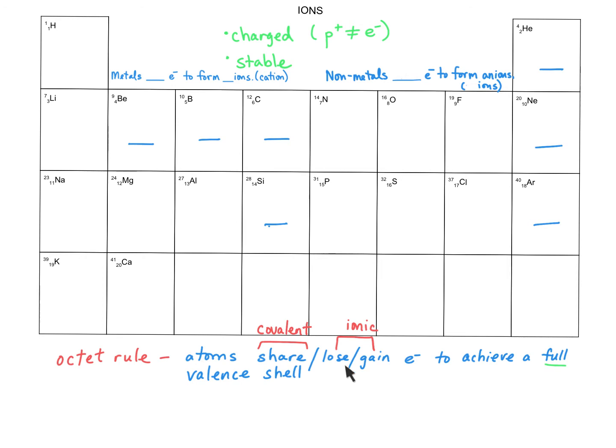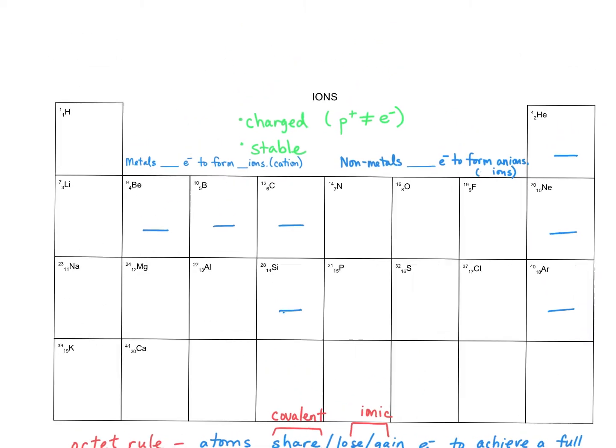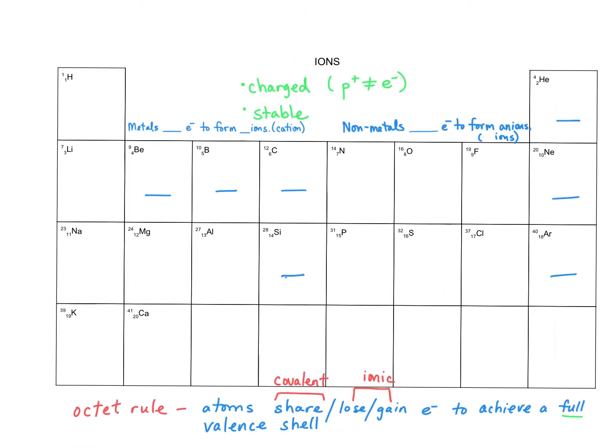If atoms lose or gain electrons to become stable, then they are forming ions, and it's the attraction between the ions that forms ionic bonds. So we're going to focus in on the loss or gain of electrons to achieve a full valence shell. All right, so we're going to start with